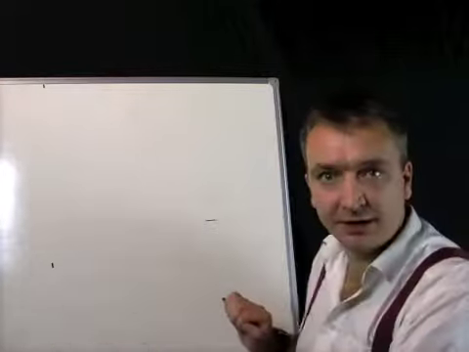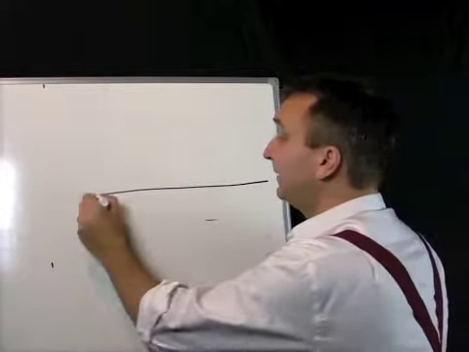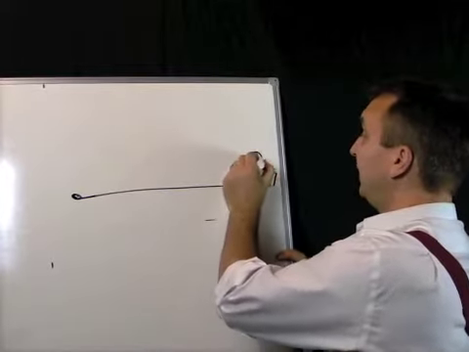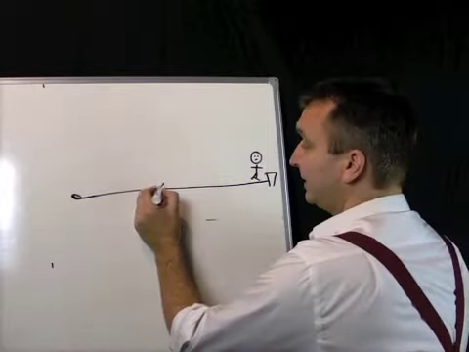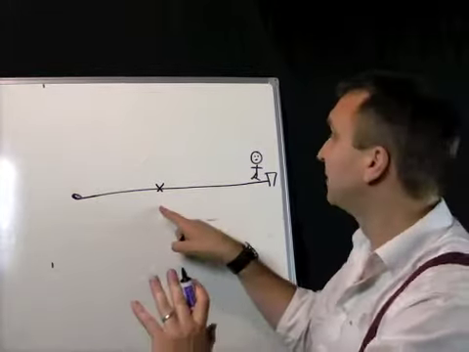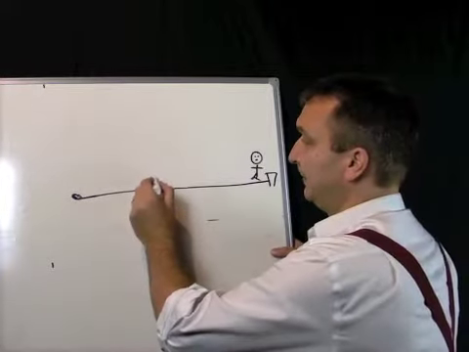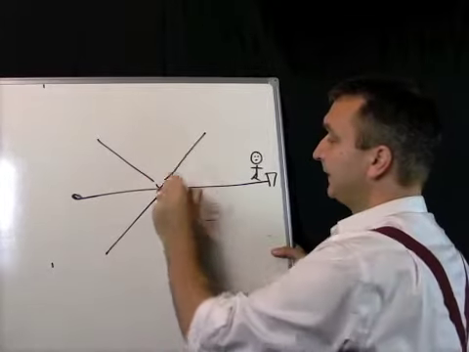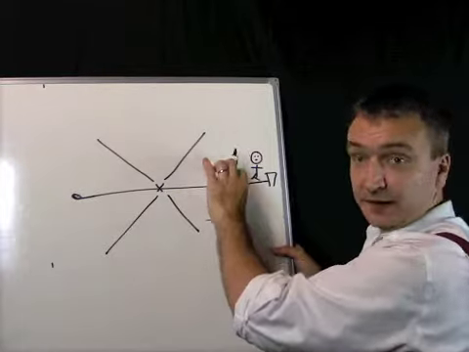I'll have a board much like this or a flip chart, and I'll say, right, now let's just imagine we have a timeline, and that's where time began, and that's where we are today. And let's just imagine that what we have is, to keep it nice and simple, a single episode event. So not a repeated thing, we're just going to pick one event. Now let's divide up time. So what we have here is all the stuff that came before it. That's the event itself, and this is all the stuff that comes after the event.